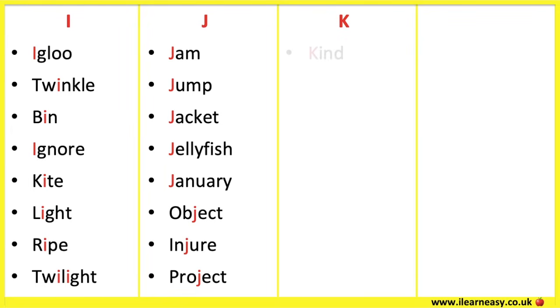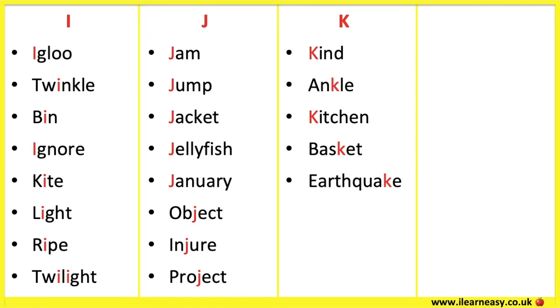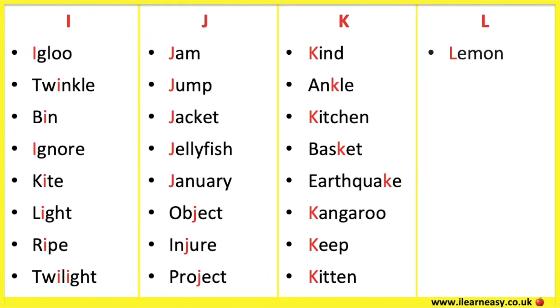For example, kind, ankle, kitchen, basket, earthquake, kangaroo, keep, kitten. The letter L makes a L sound. For example, lemon,